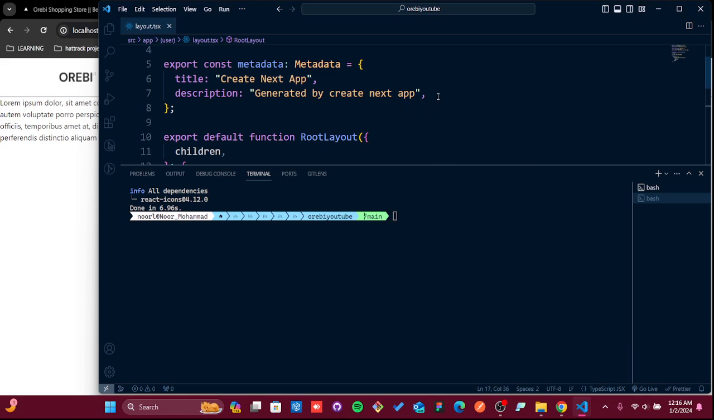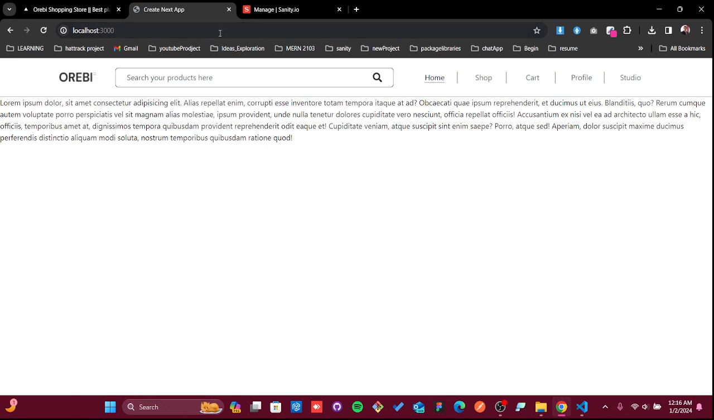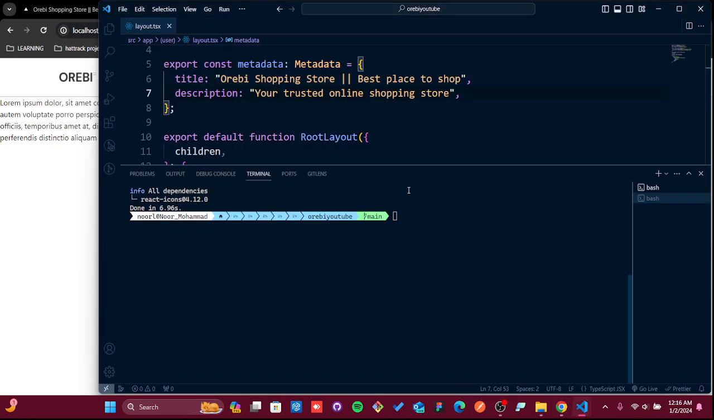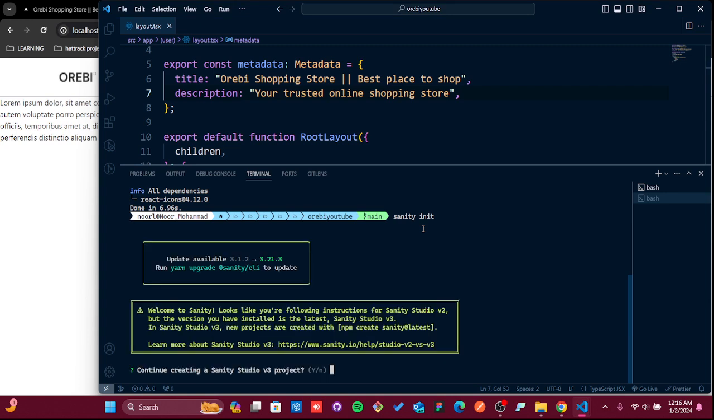Okay, so I'm going to change these two texts here so my title looks better. Now, to implement Sanity Studio in your project, you just need to put that Sanity in it. That's it. Now it's going to take everything. You see "continue creating a Sanity Studio V3 project",